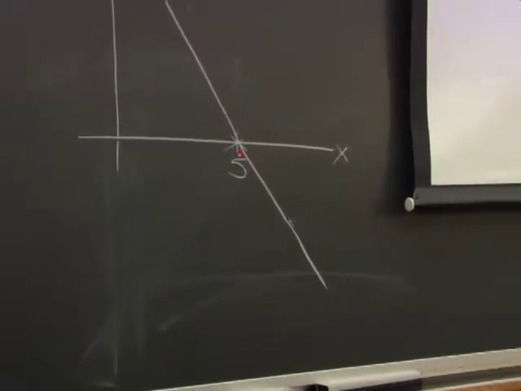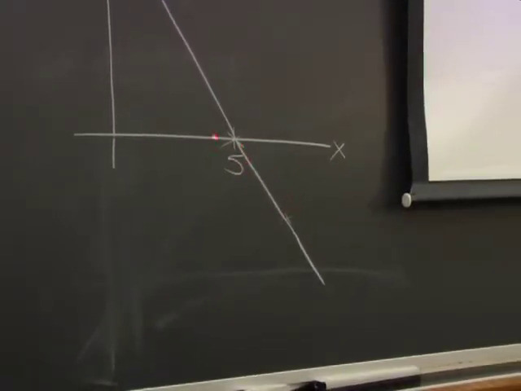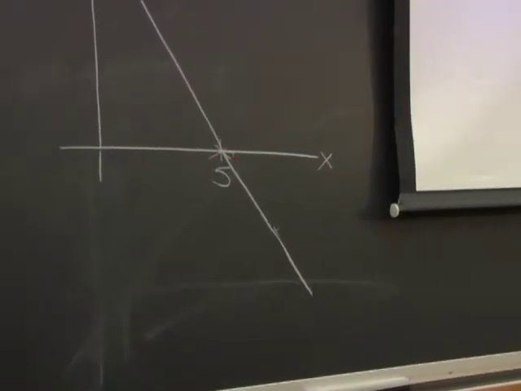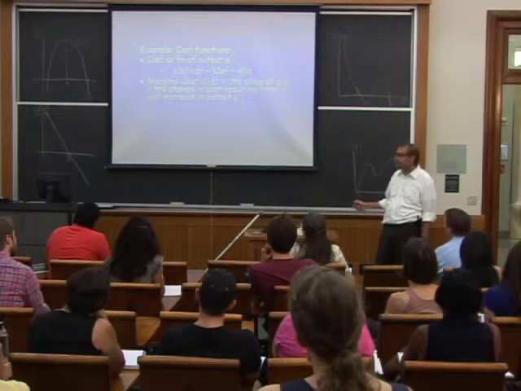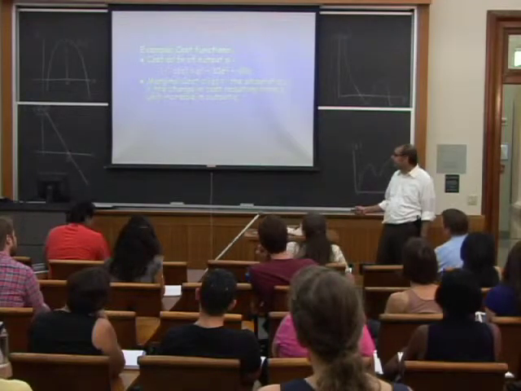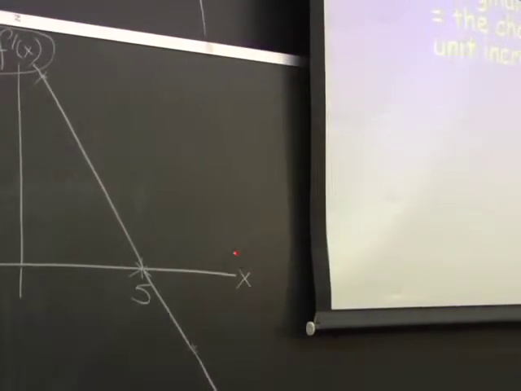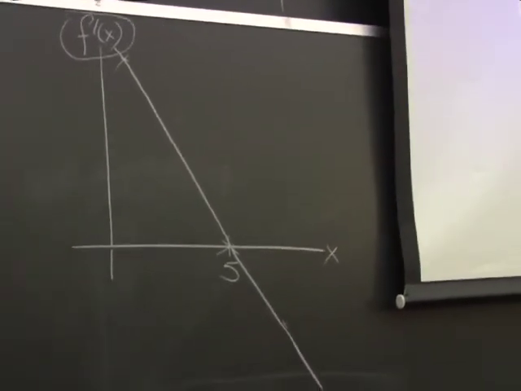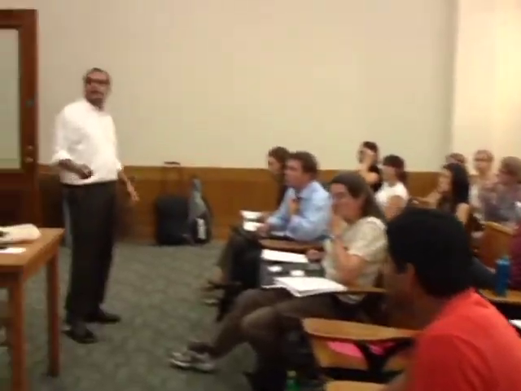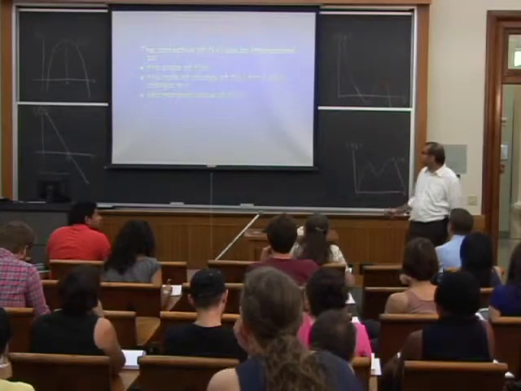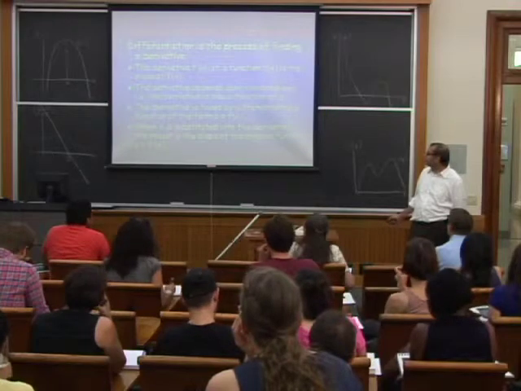For it not to have a negative slope there, it would have to be an unusual function. For example, if this was a plateau, then this slope would go like that and then would hang out at the x-axis for a while. Okay, yes? Yeah. Yes. So that goes back to